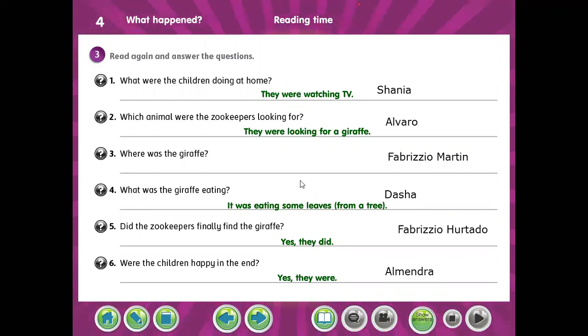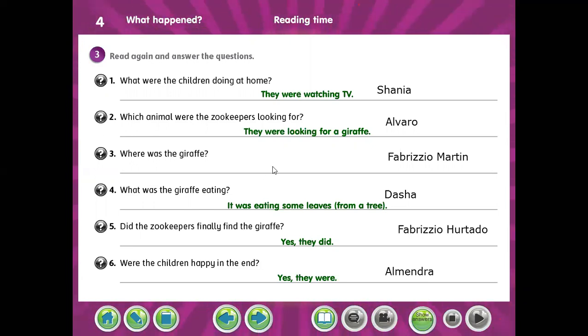The giraffe was in the house. Camila, the giraffe entered the house, the bedroom, the living room, the kitchen. Is it okay? No, profe. No. In what part of the house was the giraffe? In what part? The giraffe was in the bedroom? In the balcony? Well, the giraffe was in the garden.